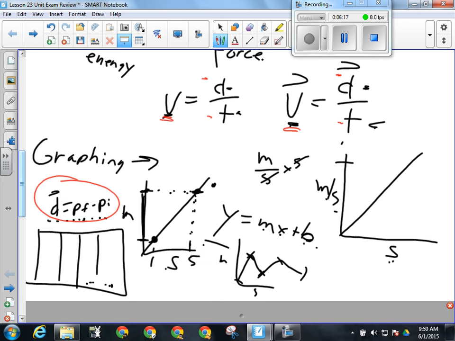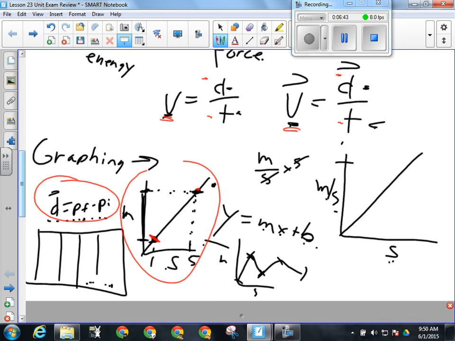You don't get to use your formula sheet because I don't know how much you've written on it. Okay, displacement is final position minus initial position. So if I'm dealing with a position versus time graph, like I am right here, if this is my final position and this is my initial position, I just subtract the two and I've got the displacement. Right? If I want to find the average velocity, then I can go v equals d over t, or I can find the slope of the line.